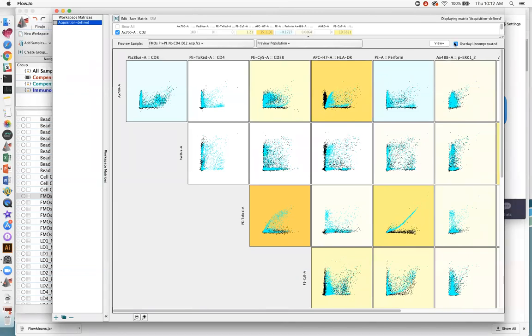If you untoggle this box on the right where it says overlay uncompensated, we just untick that. It removes the blue dots, and the black dots that are underneath represent the data as they look now with the current compensation matrix. So this gray grid corresponds to the gray acquisition defined matrix that's listed in the left-hand pane. Okay, so these black dots are your data as they